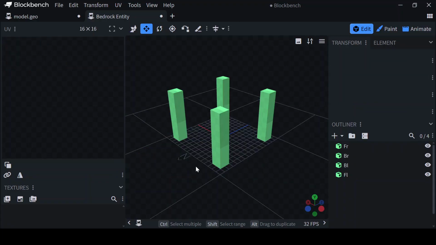And remember, you need the side with this N here, which is the north, and you want to make sure that's the side that's going to have your face, if you're going to put a face on it. I'm going to show you how to do one later though. And then after that, you need to create another cube, and you're going to have to resize it so it's